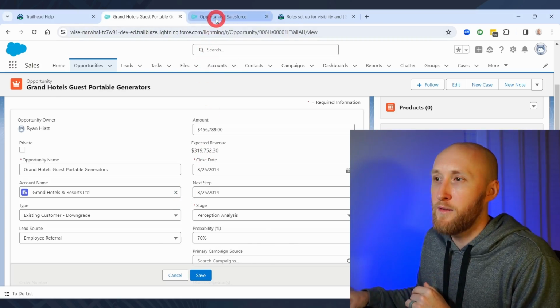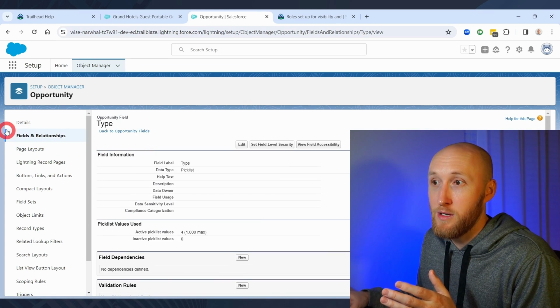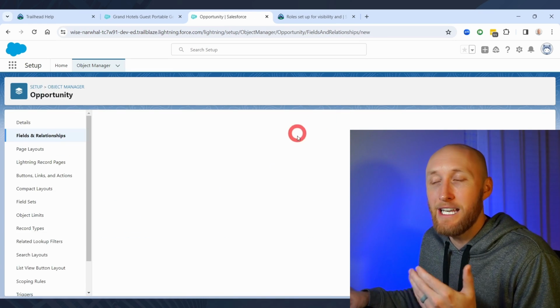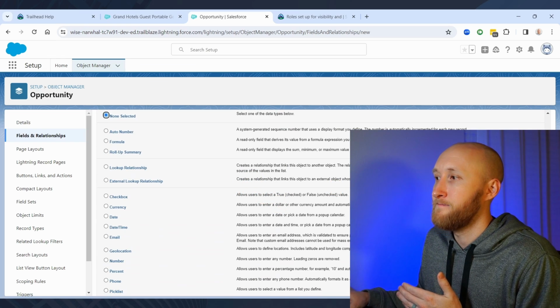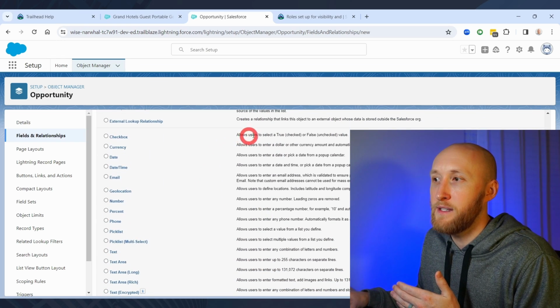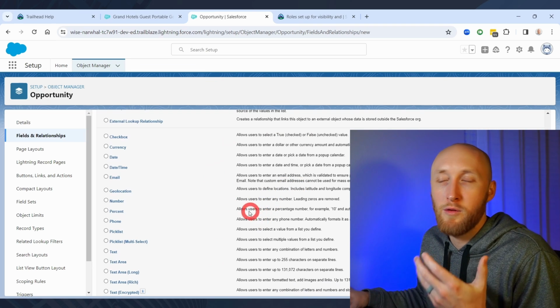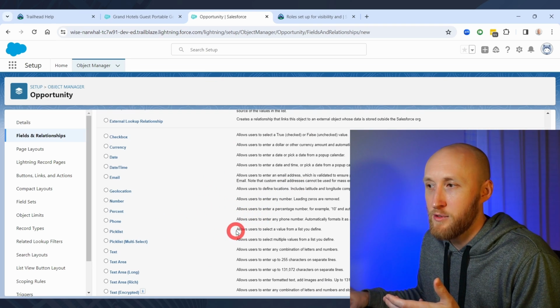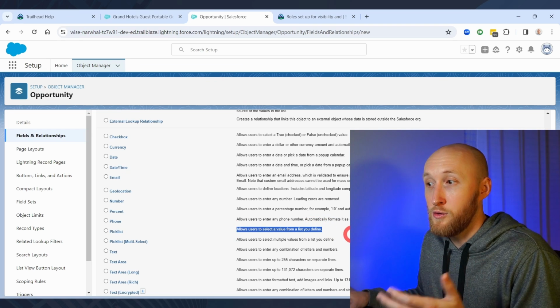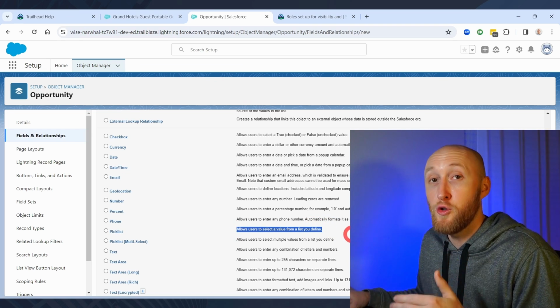So understanding how different field types can help with this. And just a quick review of different field types. If I go to the opportunity here and I go to create a new field, here you'll see this list of field and all of the descriptions that talk through what this field is actually able to do. So for example, this pick list allows users to select a value from a list you define. They can only select from the list you've built. So go through, build a few fields, and understand the different types of fields and how they help you with data integrity. Help you to control what users are inputting and when, to make sure you have those mechanisms in